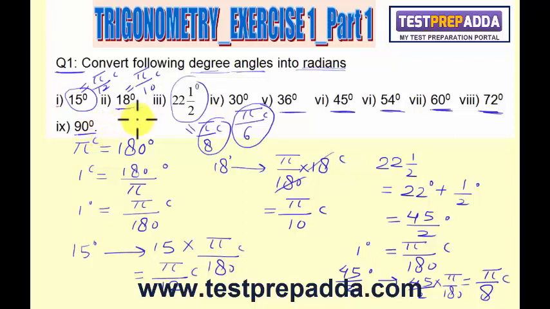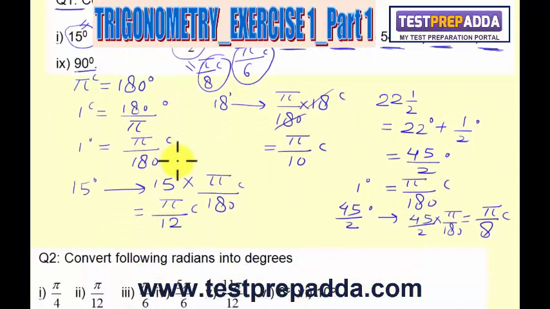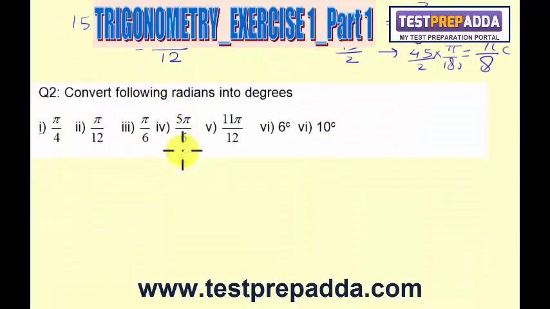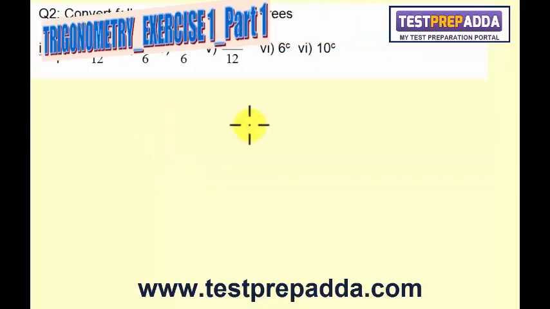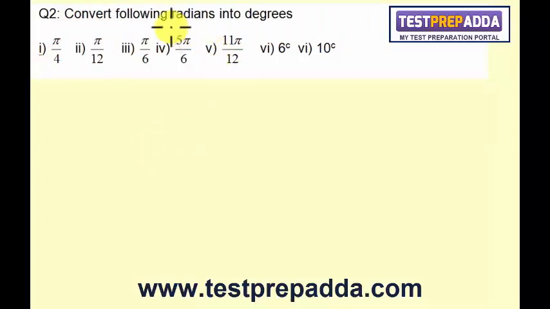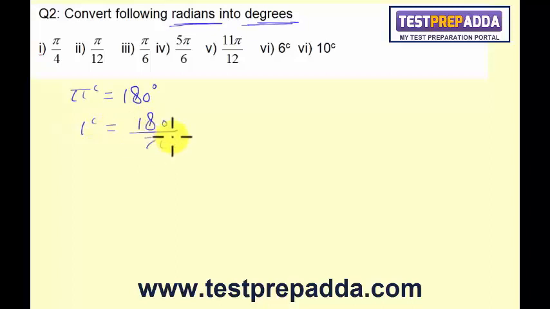Okay, now I will take another question here. Like in the previous question, it was conversion of degrees into radians. Now here the question says convert the following radians into degrees. Okay, so the relation we know, pi radian is equal to 180 degrees. Pi radian is equal to 180 degrees. So 1 radian will be how much? 180 upon pi degrees. So if I try to find the value of pi by 4